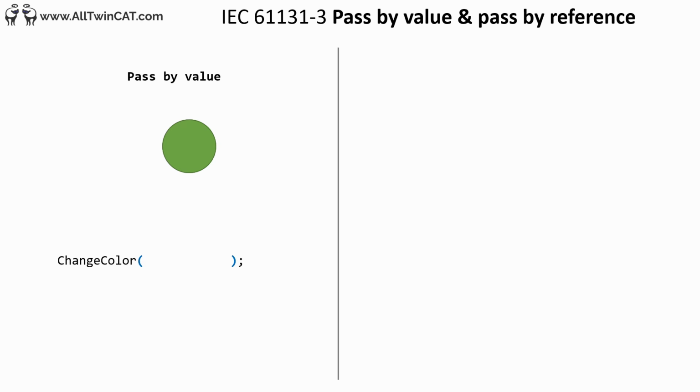When passing parameters into your function, you can do so either by value or by reference. Let's assume we have a function called changeColor, and it takes some sort of object as input parameter, in this case a colored circle. When you pass a parameter to a function by value, it means that the changes you make to that parameter inside the function will only be affected while inside that function. There will be no effect on the original data that is stored in the argument value. In essence, when you pass by value, you are sending a copy of the variable into the function. The copied variable can get changed inside of the function. However, the value of the original data will remain preserved.